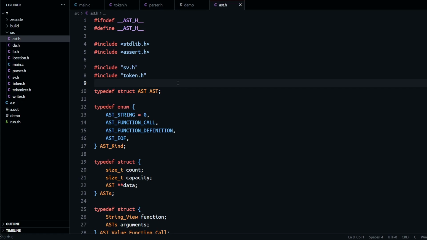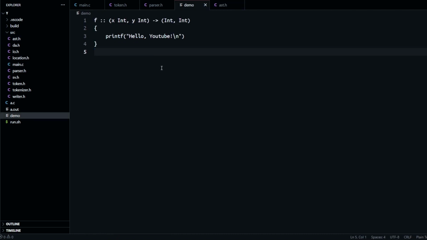Welcome. In the previous video we cleaned up some of the parser code, and in this one we are going to add some function parameters and return types. By the end of this video we'll be able to parse something like this. In this case I decided to add the function arguments as a tuple, then a right arrow, then another tuple